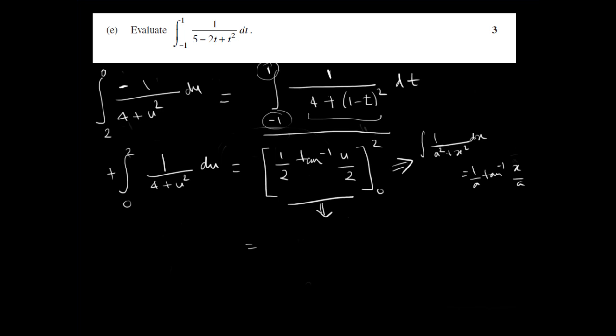Okay, so this would equal, I'm going to bring the half outside, and so 2 on 2 minus tan inverse 0 on 2. So this equals to